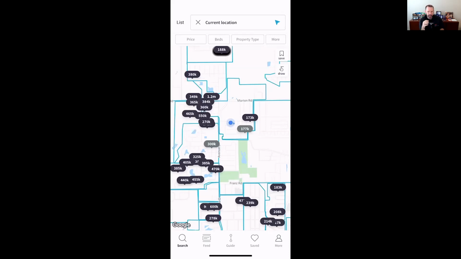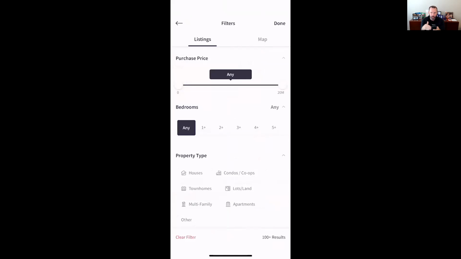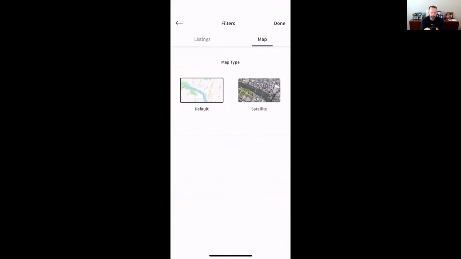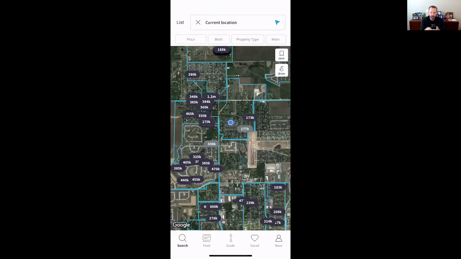Well, here's the great thing with the KW Consumer app, both you as the agent have this ability, and of course, the consumer has the same ability to click on More in the top right-hand corner. We spent a lot of time in that listing filter earlier, but did you see there was a second tab that says Map? Click on that Map tab. You can see there's actually two map types. By default, you just get the city view, if you will, and it's the streets and the neighborhoods, etc. But you can see there's actually a satellite view. If I click on that satellite view and then click on Done, you can now see you actually get the